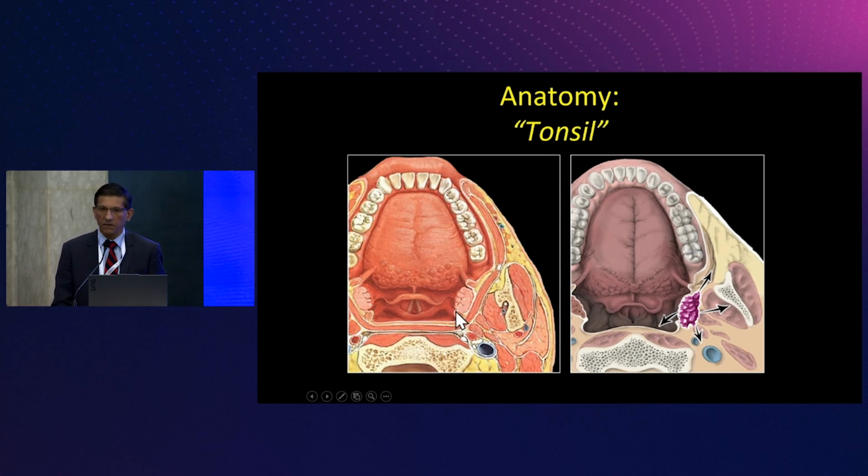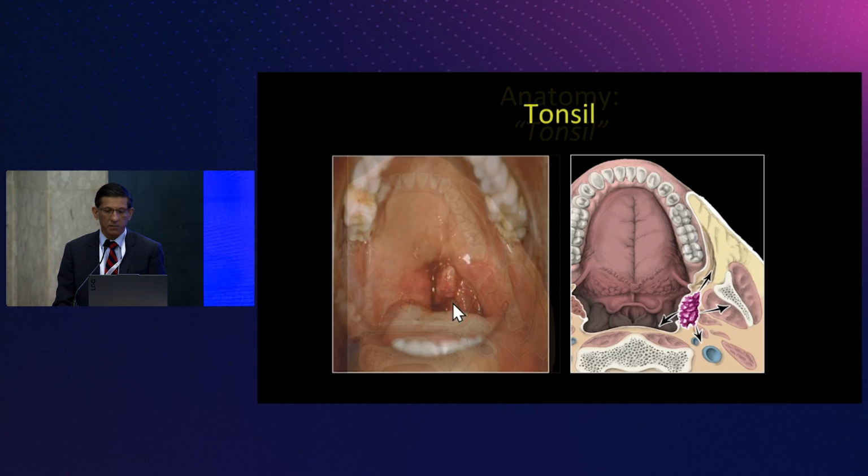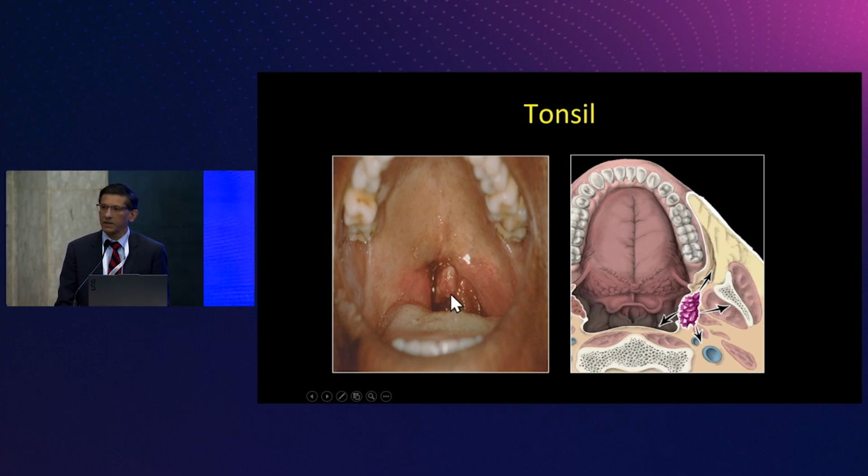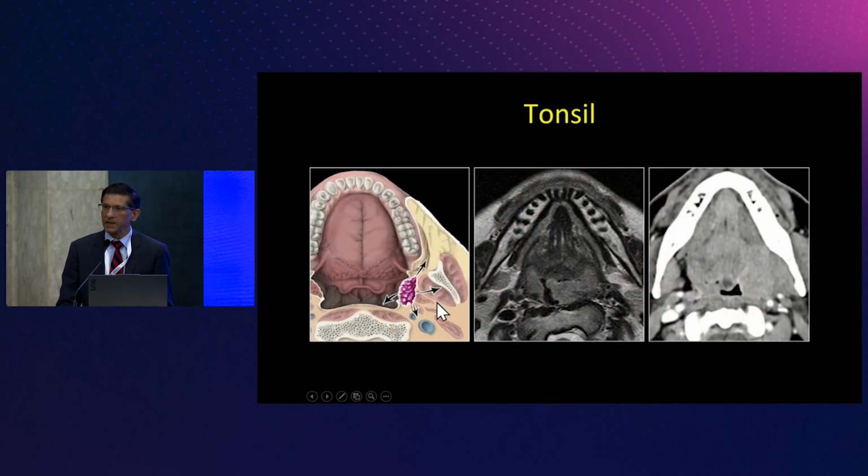80 to 90% of all squamous cell carcinomas that involve the tonsil are going to arise from the palatine tonsil. So 80 to 90% of those. Occasionally, we will have tumors involving the anterior tonsillar pillar and tumors that involve the posterior tonsillar pillar. But really, just for the sake of time, we're going to concentrate on that specific area that you'll see most commonly in your practice. So this is what I will see. I'll go in there and examine the patient, and I can see that they have a squamous cell carcinoma involving the tonsil. Do I need a radiologist to tell me there's a squamous cell carcinoma involving the tonsil? No, not really.